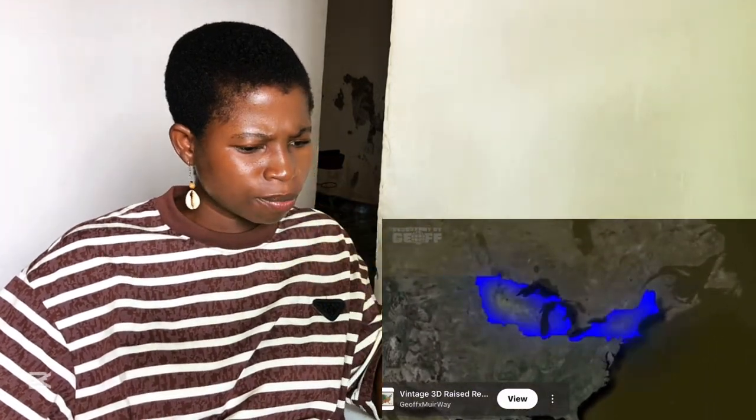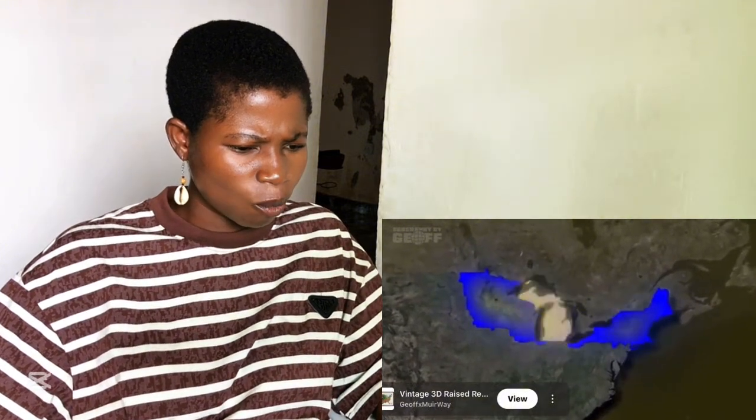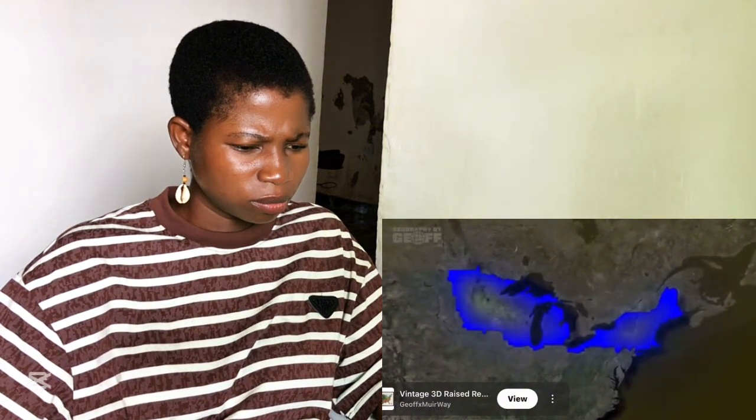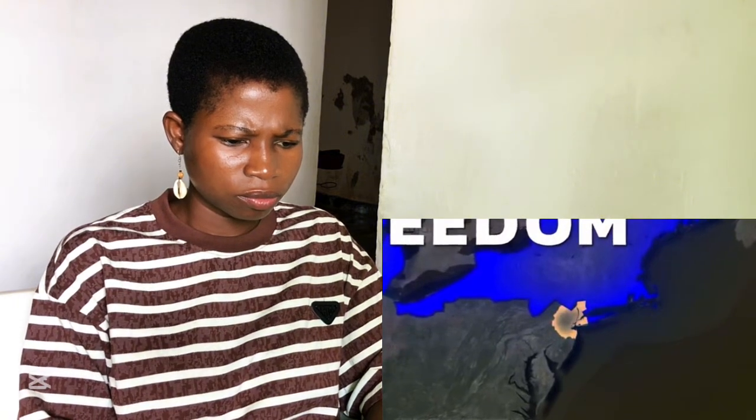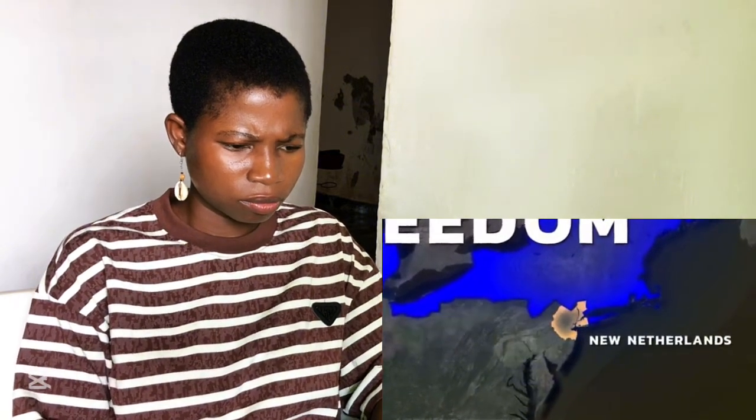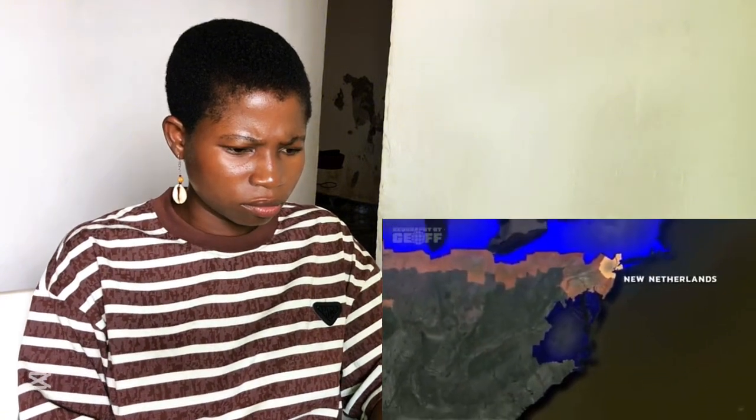Rooted in New England and stretching into upstate New York, Michigan, Wisconsin, and parts of Minnesota is the nation of Yankeedom. On a map, it hugs the northeastern part of the US and most of the Great Lakes. Centered around New York City and parts of northern New Jersey and the Hudson Valley is the nation of New Netherlands. Moving south in central Pennsylvania and heading westward across Ohio, Indiana, Illinois, and parts of Iowa and Missouri is the Midlands. Found along the Chesapeake Bay in eastern Virginia and parts of Maryland and North Carolina is the nation of Tidewater. It resembles the remnant of old colonies along the Atlantic.